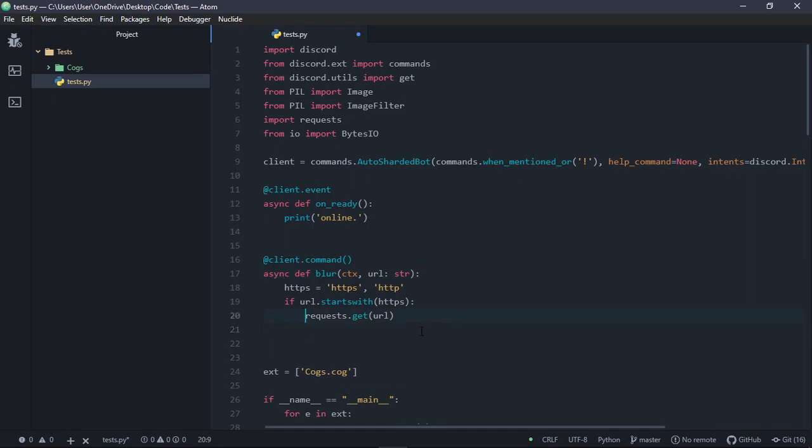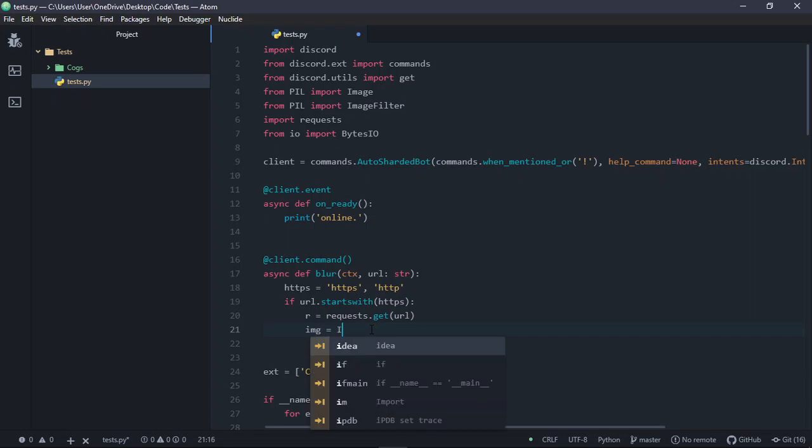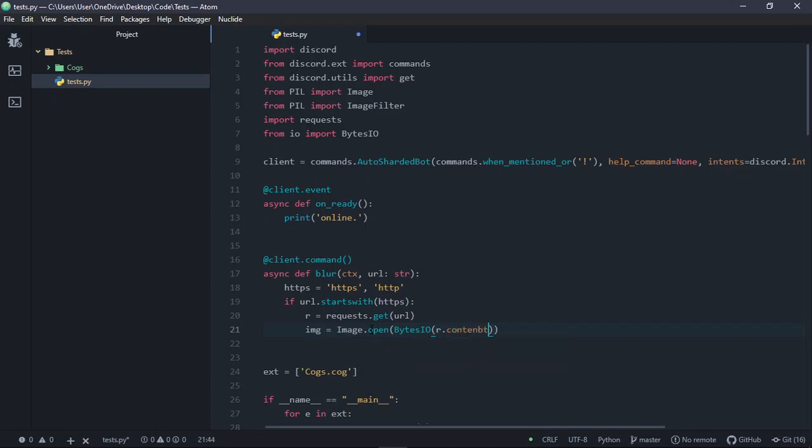We also want to turn this into a variable actually. So r equals requests.get. Think of r as response. So response is the image. So we're gonna get the image content like this. image equals Image.open(BytesIO(r.content)). Oops, content. Okay,